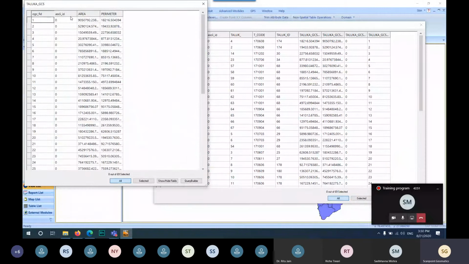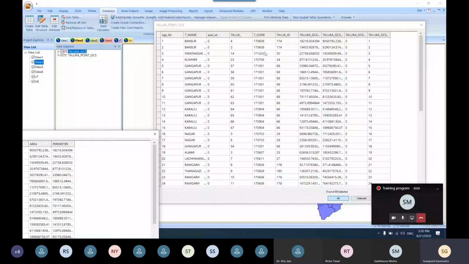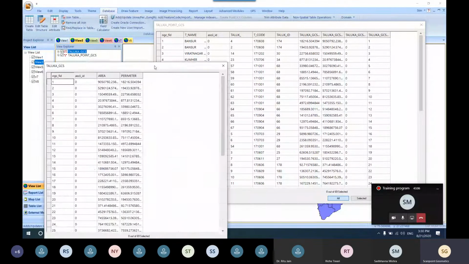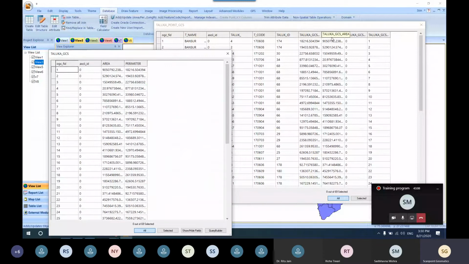Taluk GCS has the information of area and parameter with OGC FID and SKY ID, which is now joined with the Taluk point theme. All these area, parameter, SKY ID and OGC FID are joined with this table now.